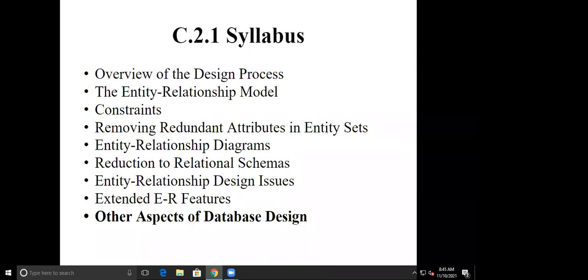Now we are moving towards the next point, that is reduction to relational schemas. The entity relationship model doesn't actually store the data, but it gives only a graphical representation. To actually store the data, we need to use some other data model, so for this purpose we are using the relational model.